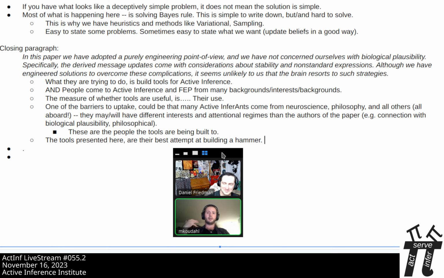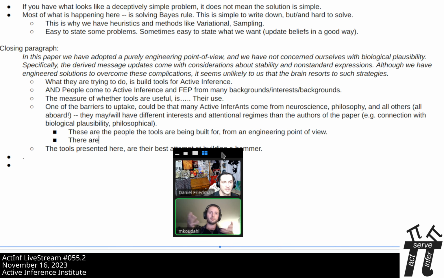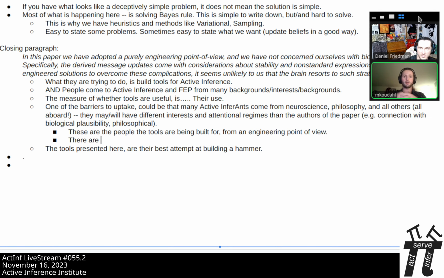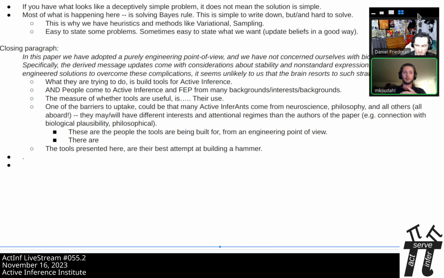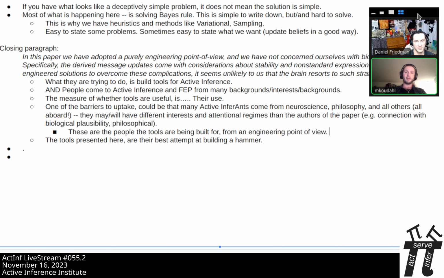So because this is, again, a tool building exercise, because this is about doing things from an engineering point of view, that means they are tools for engineers. So we don't make any claims as to biology or consciousness or all the other things that people are studying under the heading of active inference and the free energy principle. We'll let people who are better qualified and in many ways smarter at these things than we are take care of that. What we want to do here is just say, here's a really, really good hammer. If that's what you want, then we got you covered.